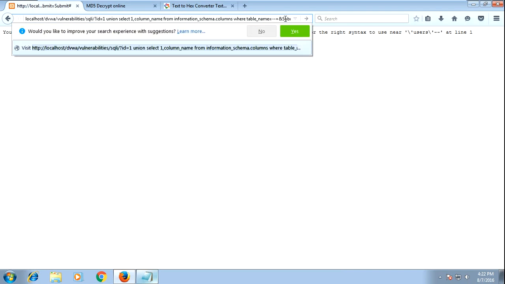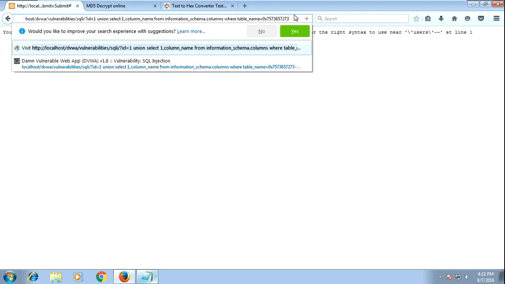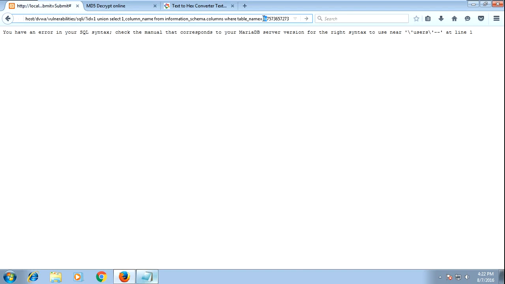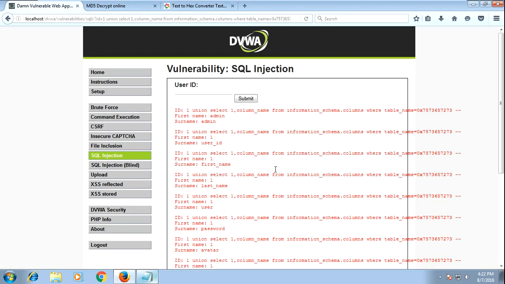Just type 0x and then paste the hex code. This is what we have to type before the hex code. So press enter. Now we got the columns of the users table.